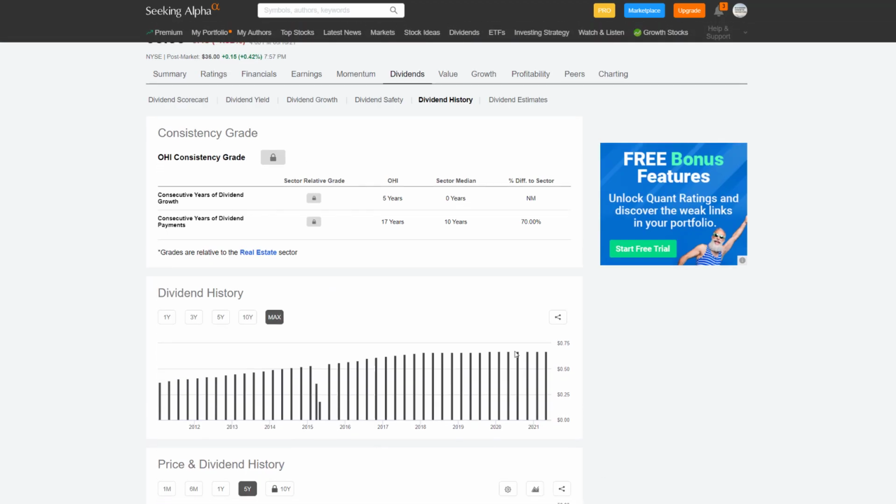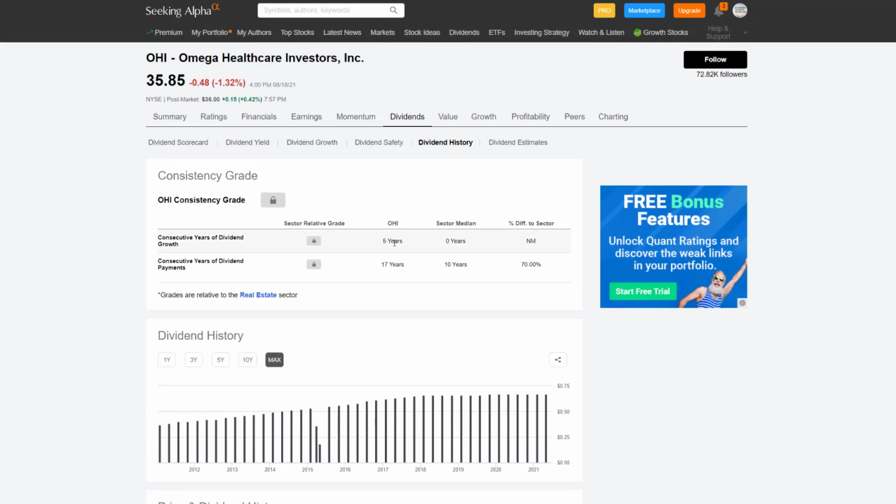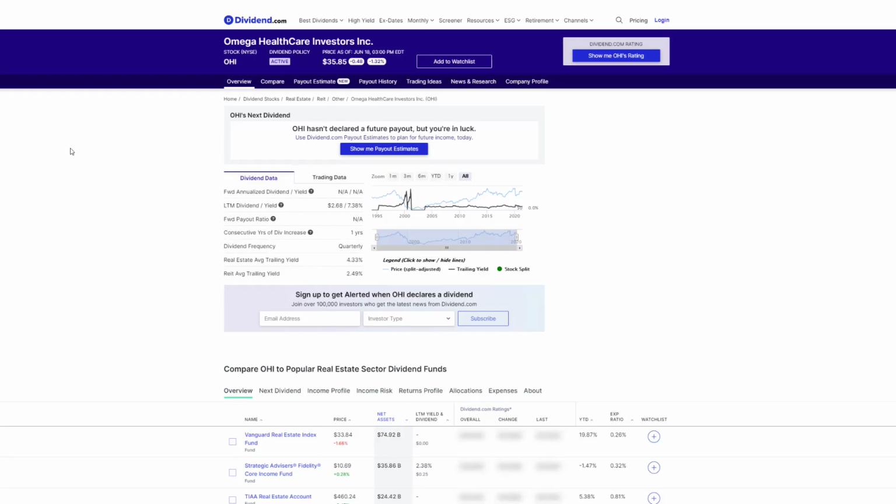And so if you're a new investor and you just look at this and you're like, well, nope, not going to invest in Omega Healthcare because Seeking Alpha said they only had 5 years of growth. This is where a lot of sites get it wrong when it comes to real estate investment trusts. If we go over to dividend.com and we take a look at Omega Healthcare there, we can see, okay, consecutive